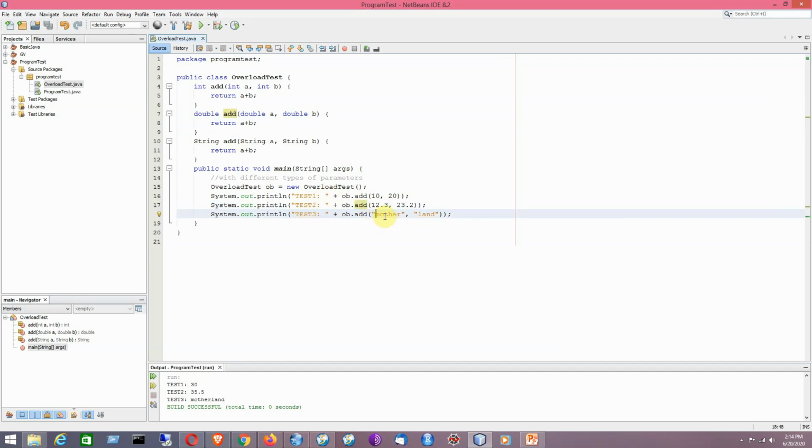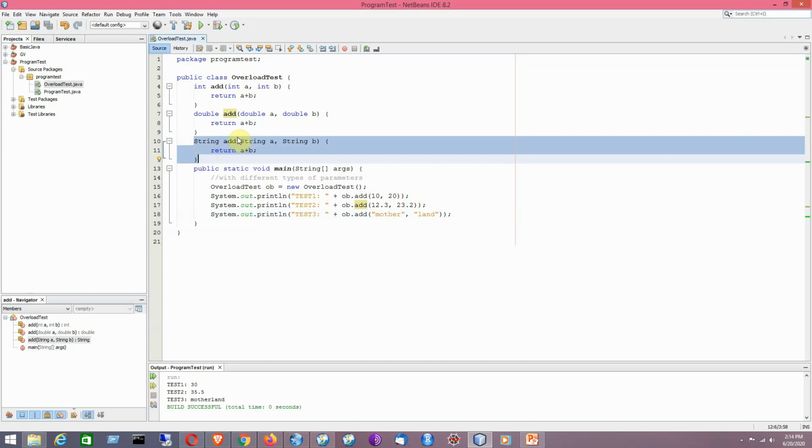Like the earlier ones, if we have a different overload for the string operands, like here we are passing two strings, mother and land, then according to the type of parameters that we have passed, it will be calling the third version of the overloaded method for the method name add. So it will give you the concatenated string.